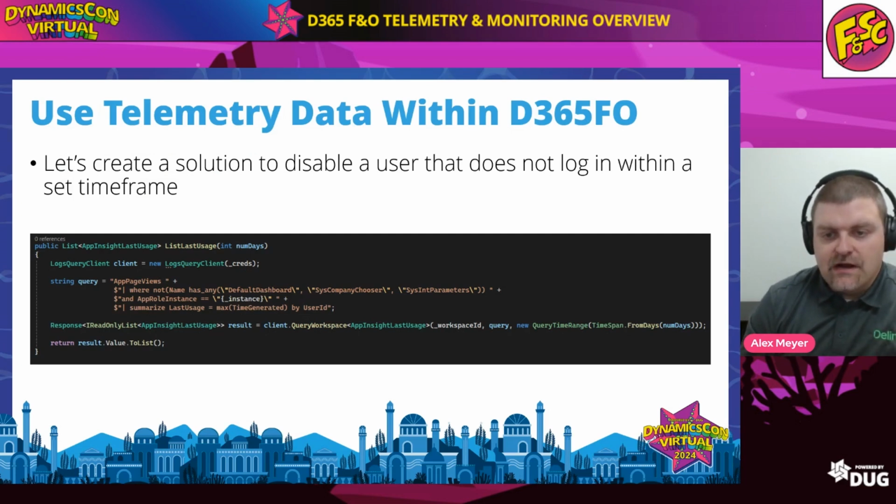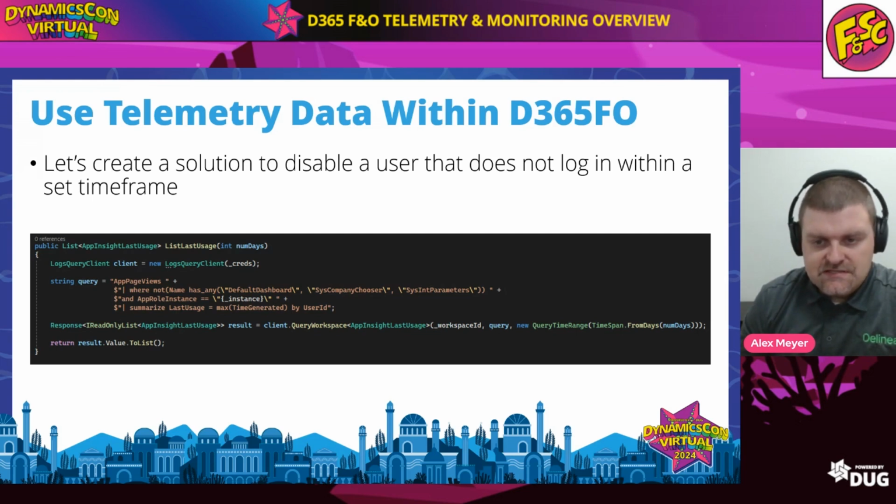So how do we actually use this in practice then? Another example of how we can utilize this is to go in and disable a user that hasn't logged in for a set time frame. We used to be able to do this via the sysuser log, which is a table within F&O, but that's been deprecated. So this would be a function that could replace that functionality, where I'm going to use telemetry data. I'm going to look for the last time that somebody actually went to a page that's not the default dashboard, so they didn't just log in, they actually went somewhere else in the application, and I'm going to get all of those users